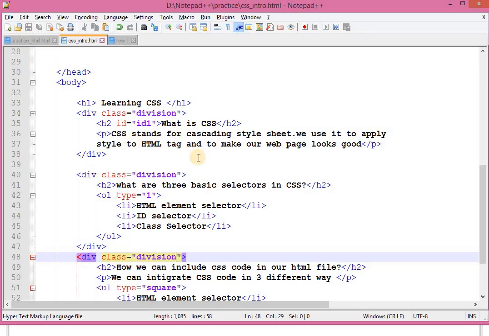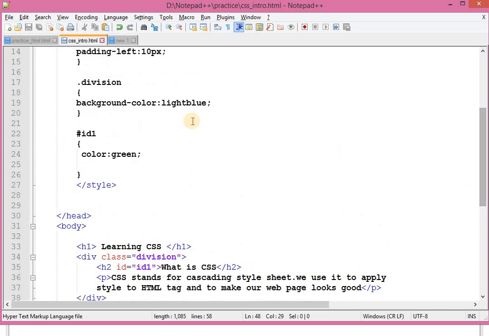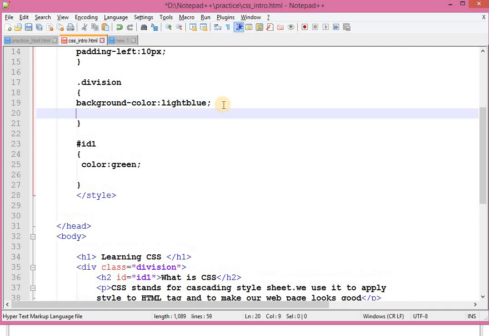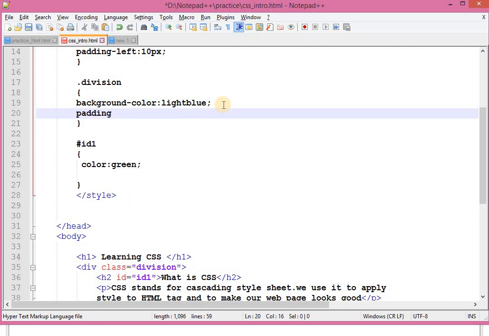Now let me set some more for division. I want to add another property, that is padding. Okay, padding all around, just 3 pixel. Don't forget to put a semicolon after every property value pair. You don't have to put a semicolon over here, don't do that, just over here only.